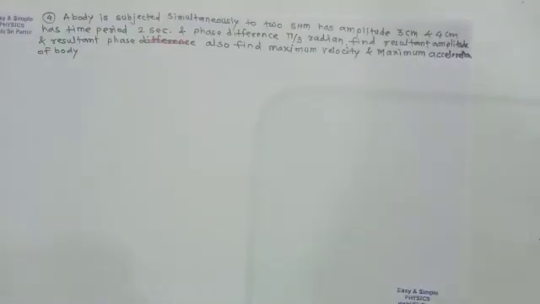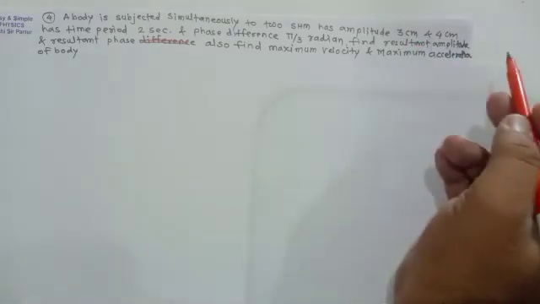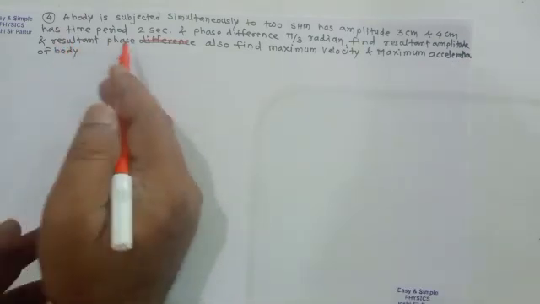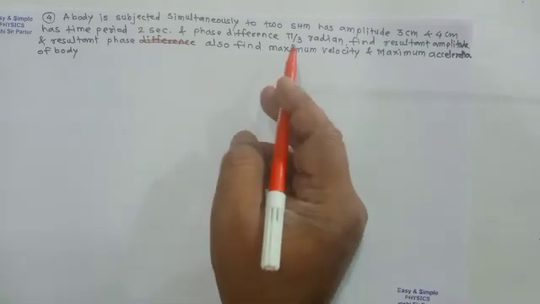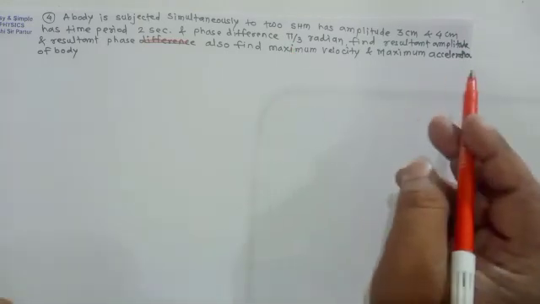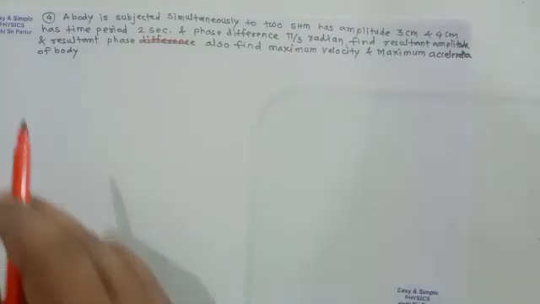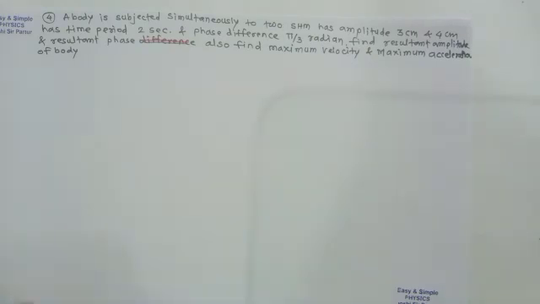Again, let us solve another example. A body is subjected simultaneously to two S.H.M, with amplitudes 3 cm and 4 cm, time period 2 seconds and phase difference pi by 3. Find the resultant amplitude and resultant phase. Also find the maximum velocity and maximum acceleration of the body. See here,